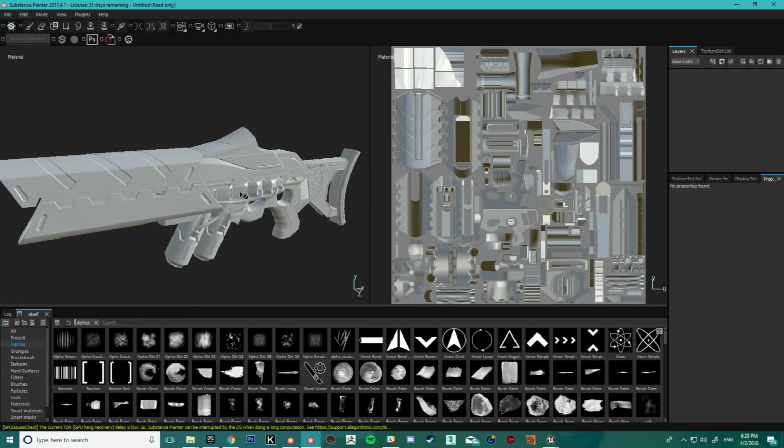So I've already decided, let's say the whole bottom of this section will be your average metal.